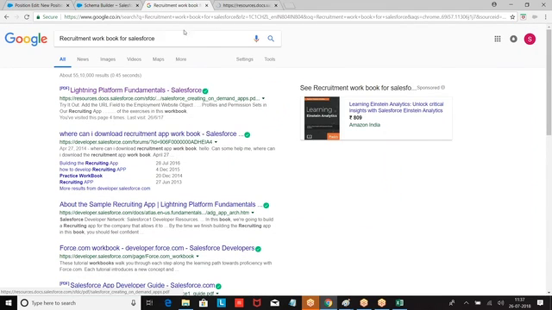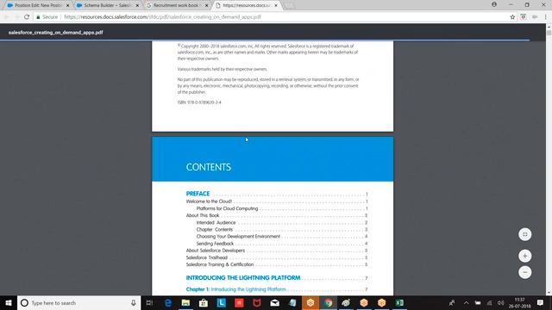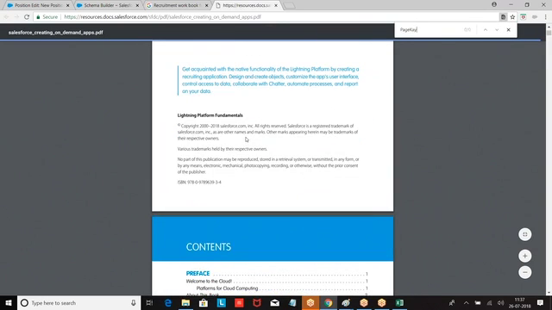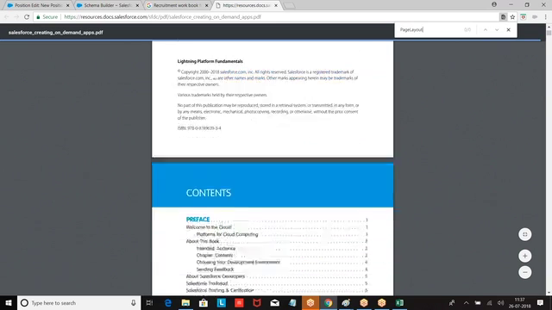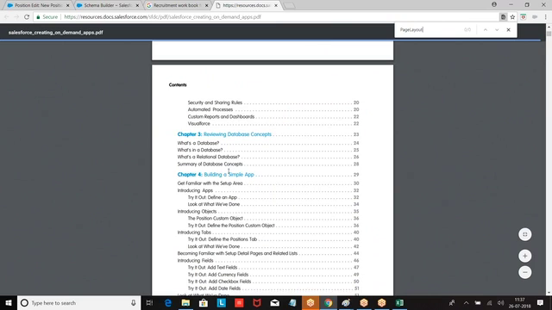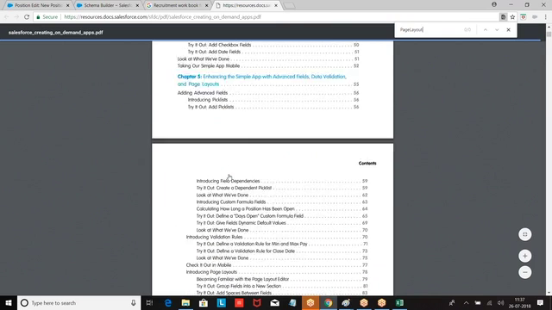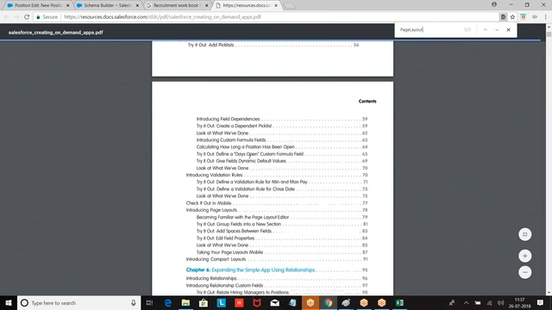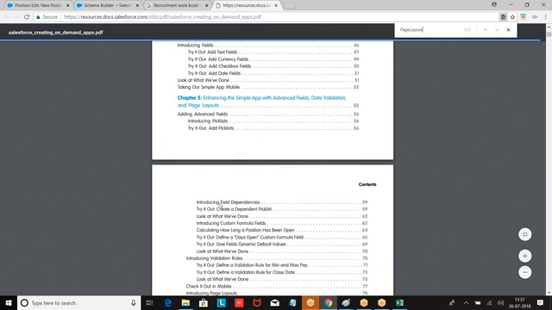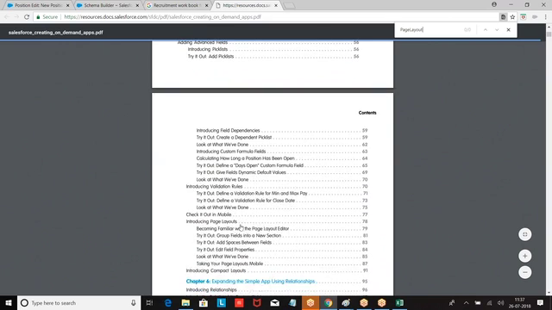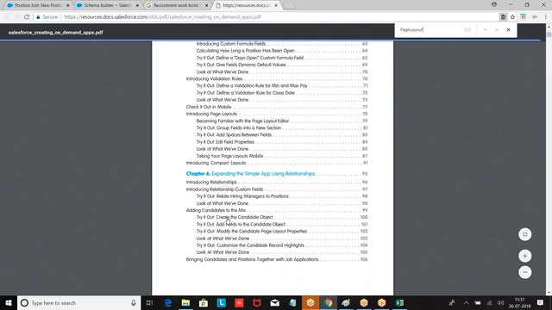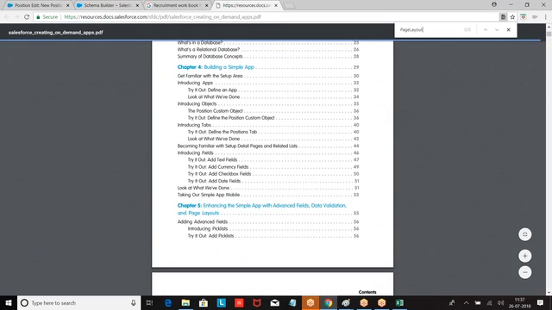Now I'm going to the page layout and I want to show you. Still the file is loading. Let the file be loaded.